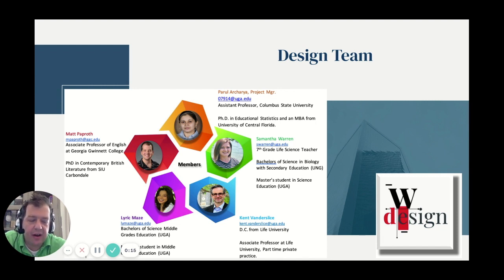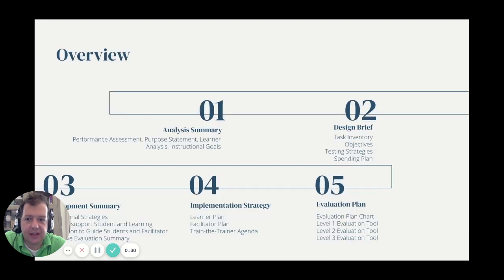You can see me there on this image of everyone from our design team here at We Design. Everyone who you see here will be rotating through and covering a different section of the ADDIE process. On the next screen, you'll see the different parts of that process. I tried to move my head there so you could see the development summary, but I will be walking you through this introduction and then the analysis summary before turning things over to my colleague, Sam, who will discuss the